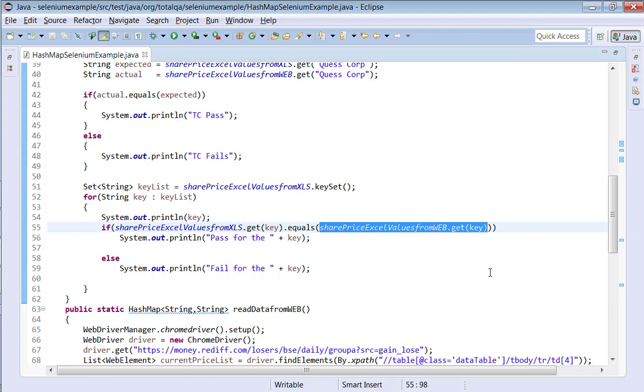If it is not working fine, we can say it failed for the key, which is the company name that is not matching. This logic will be very helpful in real time, because we always need to store key value pairs from the website, mainly tabular data.